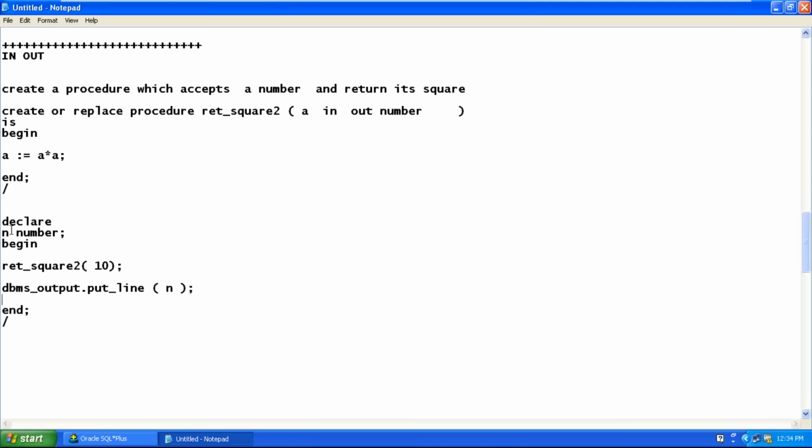How to catch the value? How to use the n in the procedure? Should we write like this? When we write like this, the procedure thinks there is one in parameter and one out parameter, two separate parameters. But our procedure is not having two separate parameters. It is having only one parameter.